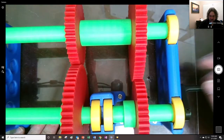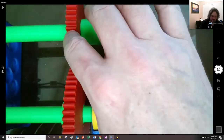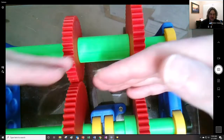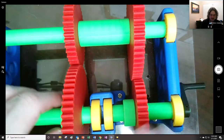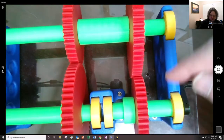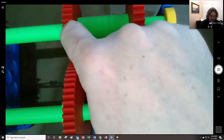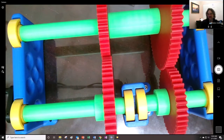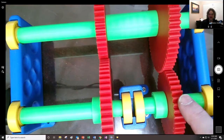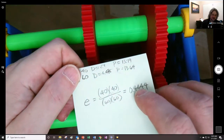So this is each one of these stages. This is 40 teeth, and this is 60 teeth, and this is 40 teeth and 60 teeth. So the center to center distance, as I described at the end of the previous video, works out because this plus this is equal to this plus this, right? It's a simple design, nice and easy, because then I could just print out two of the same gears for each of them. This comes out to a gear ratio of